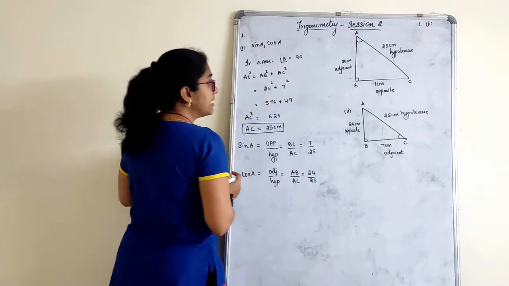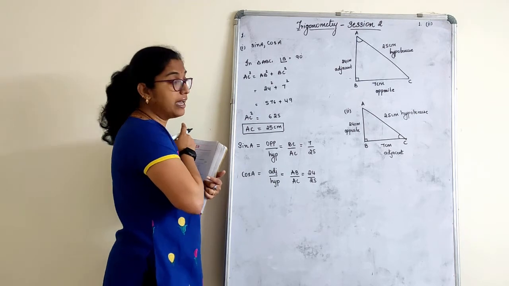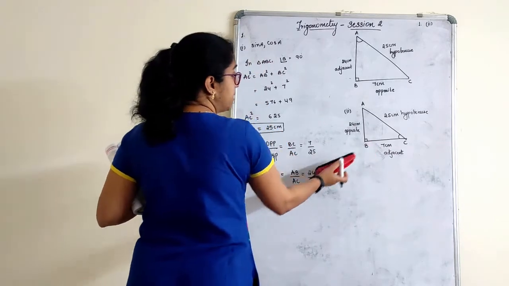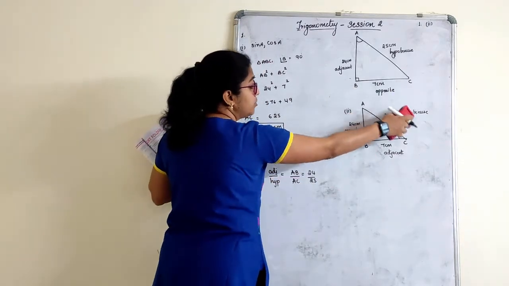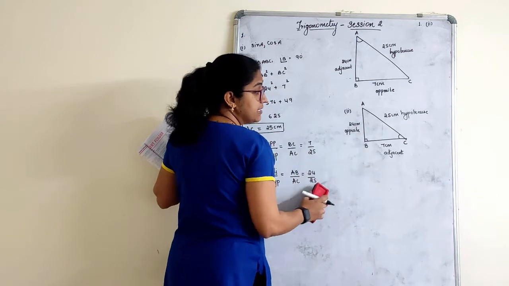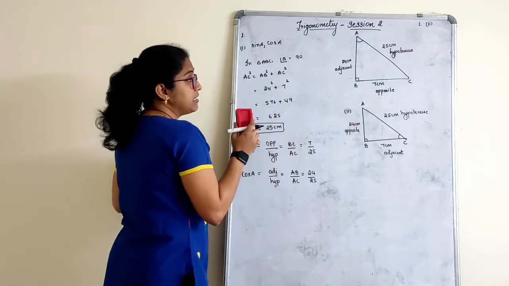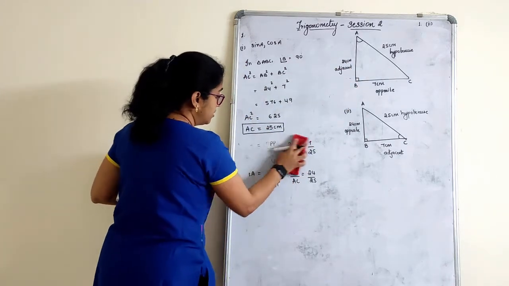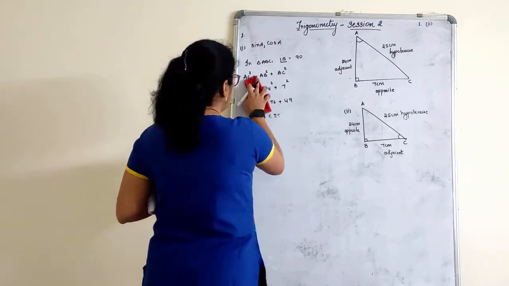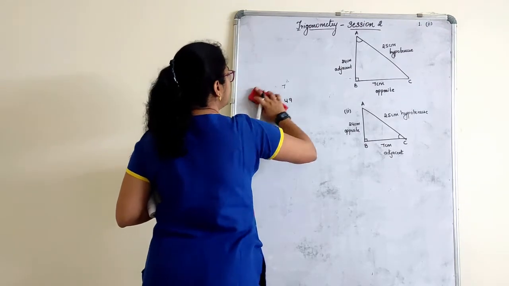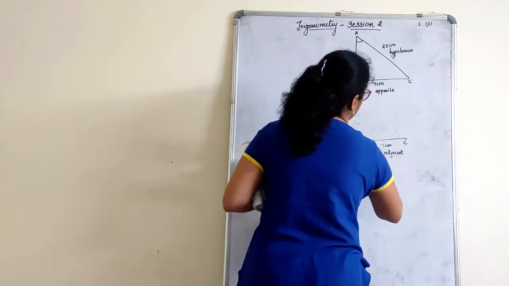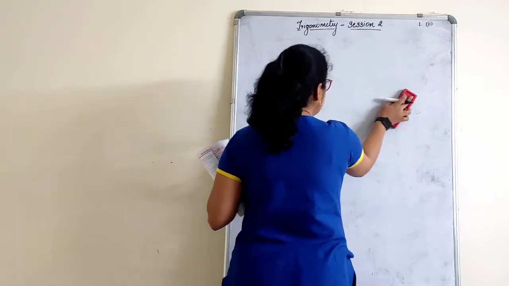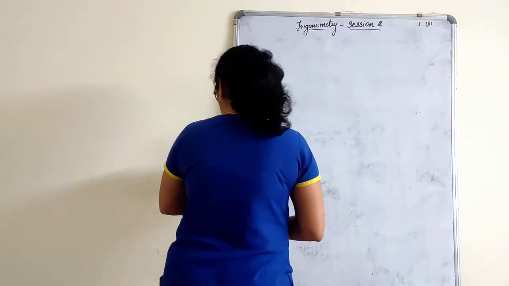So for the second time, please redraw the figure and do it. Is this part very clear? We'll go to the next one. The second part is for homework. I have marked it, but still I have given you how the figure has to be because they have asked in C. Do not just do adjustments in the same figure and then get confused by rewriting adjacent, opposite or overwriting on that. So wherever hypotenuse is not given, calculate the hypotenuse or any other side depending upon the trigonometric ratio.